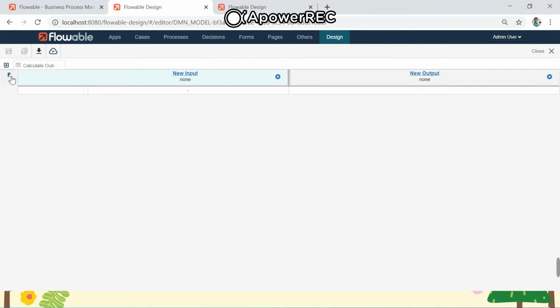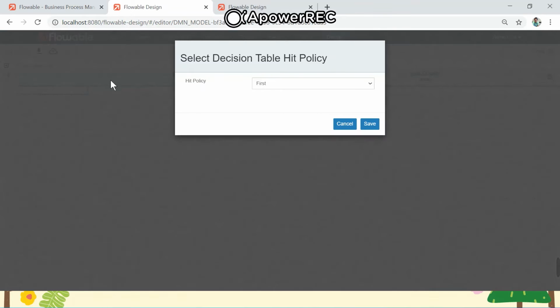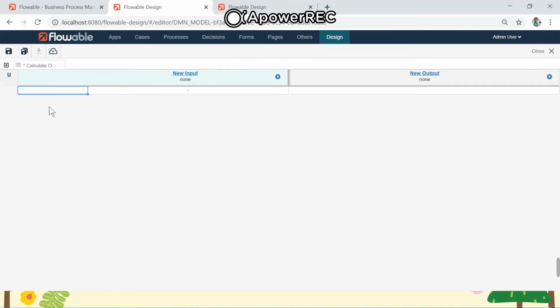And on the left top corner, you can find a button from where you can select one of the available hit policies. For our use case, we are going to use the unique hit policy, which you can select and save, which is displayed with the name U. And now let's see what inputs we want to add for our decision table.